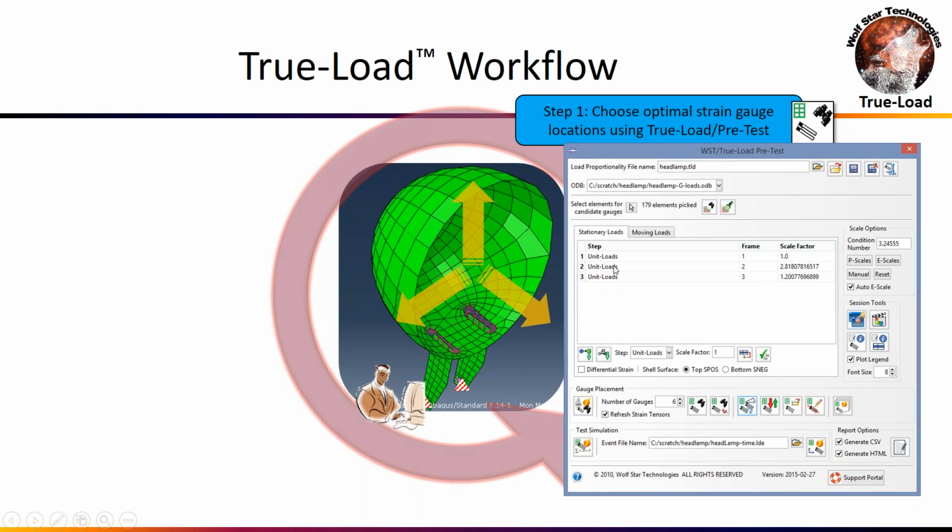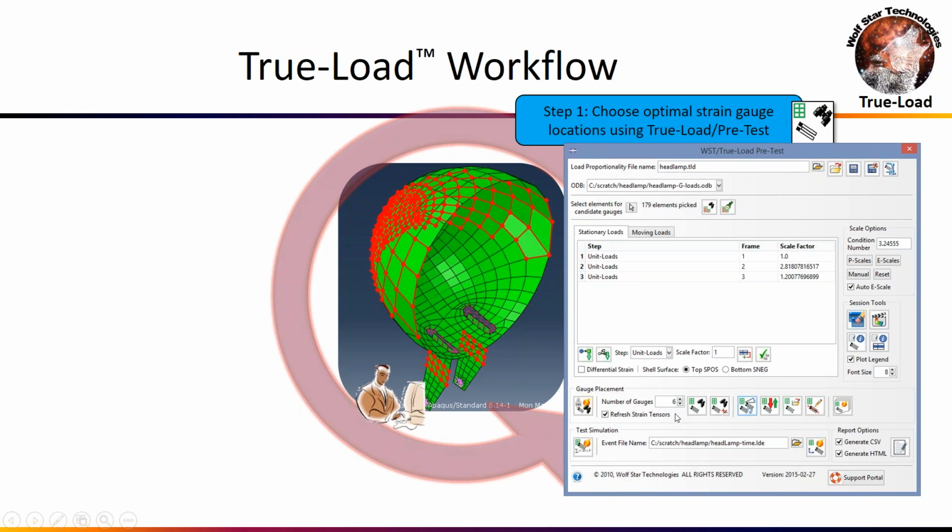And then he's got to select a subset of the model for placing strain gauges. So he clicks this little button here, and he'll select a subset of the model to get the strain gauge placements. Notice he's picking elements in the middle of the headlamp bucket and in the middle of the legs, and he's staying away from boundary conditions, and he's staying away from where parts hook up to other parts. He wants to have nice, nominal, linear locations for placing the strain gauges.